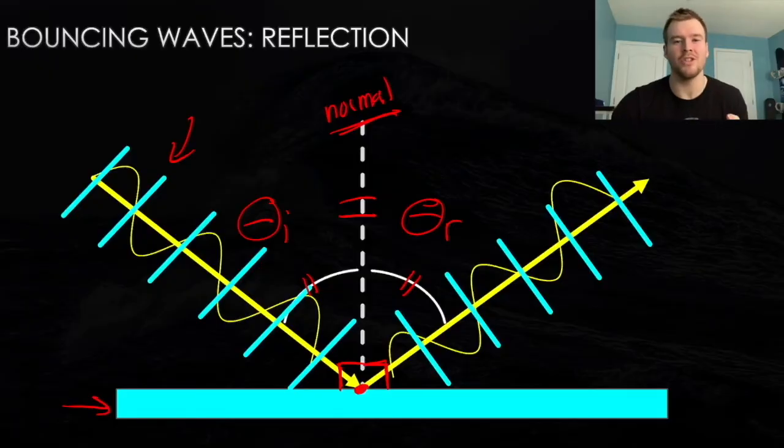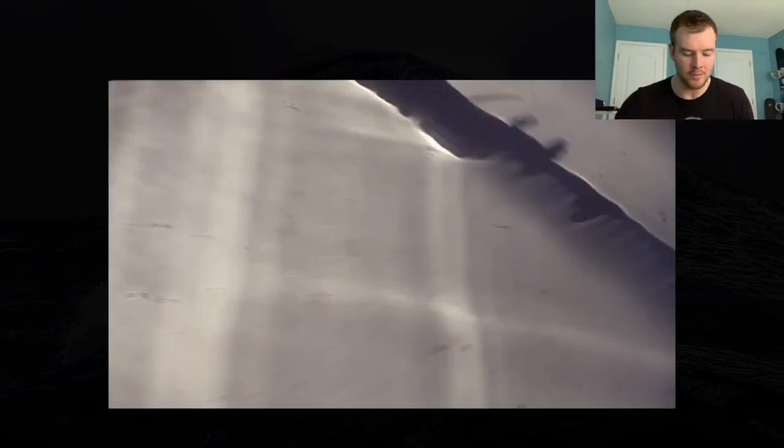Okay, so in this demonstration, they're shining a light down on water and then looking at the shadows on the table. And this allows us to see how the waves are moving because of how they make bright and dark lines based off the curvature of the water. But anyway, we're just looking at how the waves are going to be moving. And so I took a picture of it here and we can see the movement of the waves and how